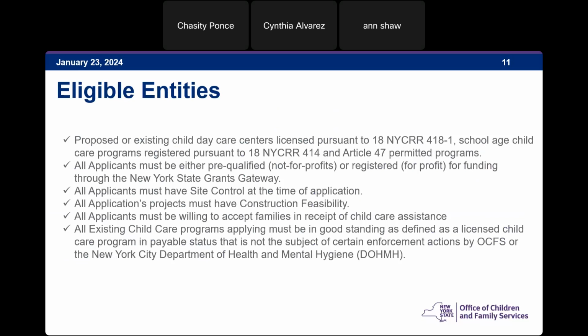Okay. So for eligible entities, those are proposed or existing child daycare centers that are licensed pursuant to 18 New York Code Rules and Regulations 418-1, school-age child care programs registered pursuant to Regulation 414, and Article 47 permitted programs. All applicants need to be either pre-qualified, which are the not-for-profits, or registered, the for-profit entities, for funding through New